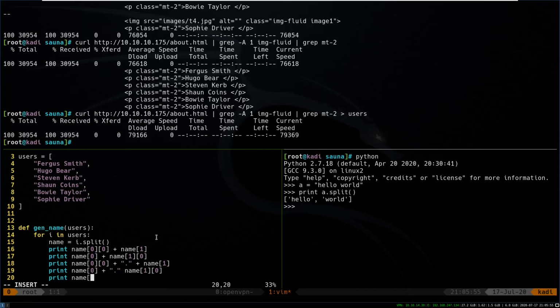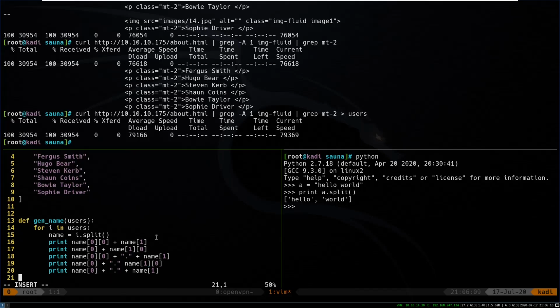So we'll do name of 1 plus dot plus name of 0, name 1, like that. And then I guess just for completion's sake, we should do the last name dot first name as well. I'm not sure that I've ever seen that one, but